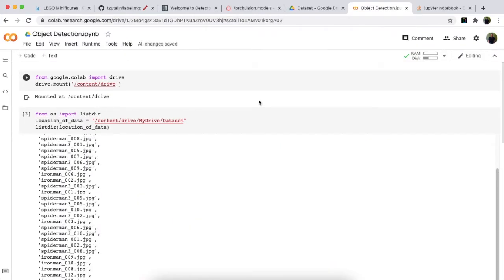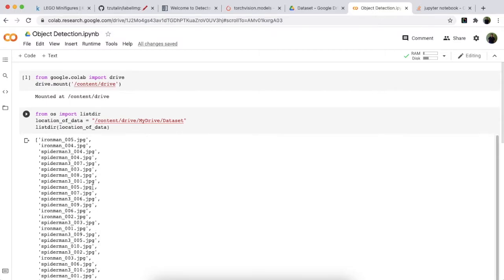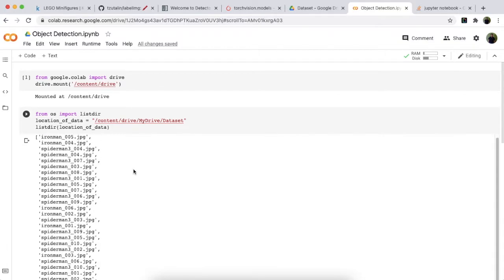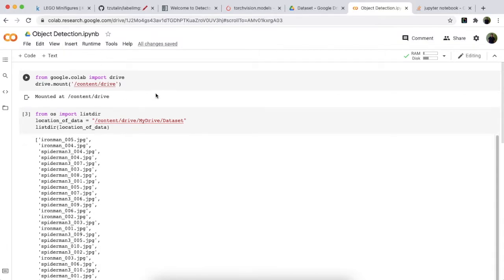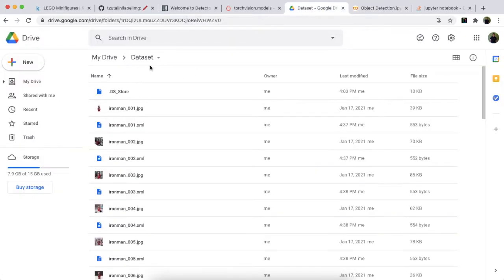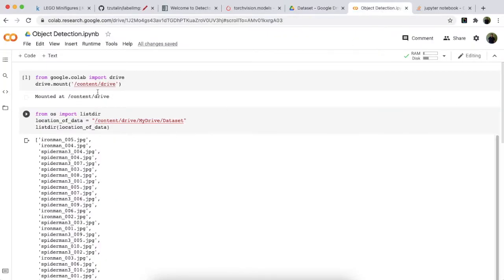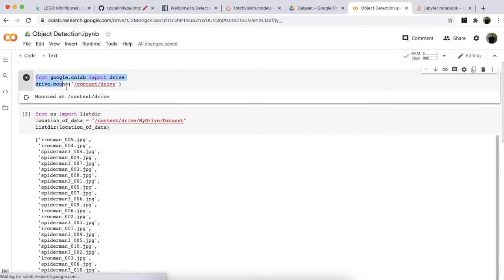For the purpose of this application, I have uploaded all the images and the XML files that were generated to Google Drive, and I'm connecting Google Colab with it. Google Colab is a really nice platform which gives you access to CPUs and GPUs, which you can use for your training process. So here is my Google Drive where you can see all the images as well as the XML files. And I have connected my Google Drive to Google Colab using this code over here,